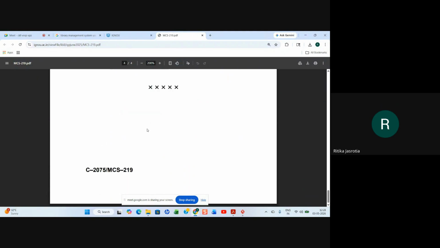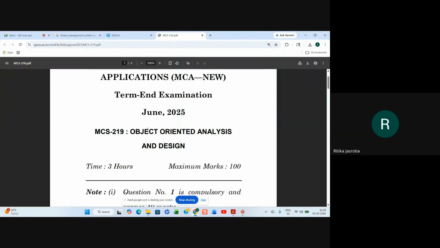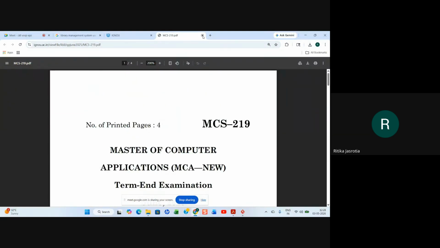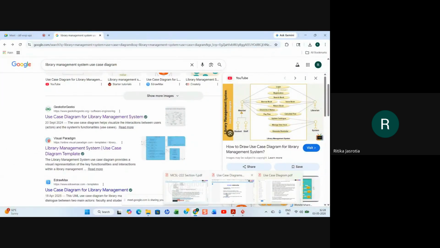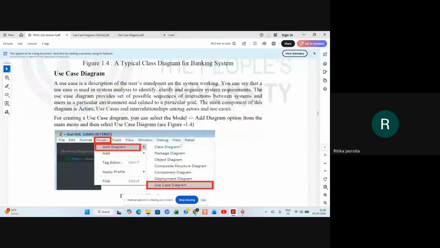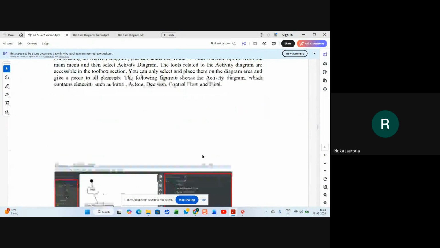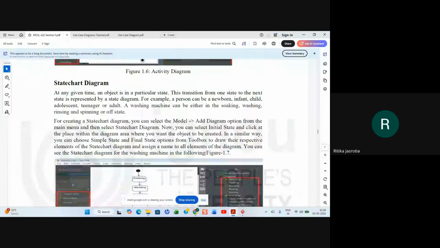Can you understand how the questions have been asked in your theory papers? Yes, ma'am. Right? So it's not difficult. The subject is not difficult for you to understand. It is easy. The important thing is you should know the diagrams.